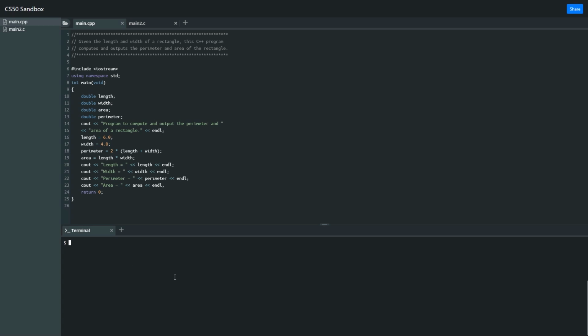So let's test it out and see if that is the case. In the terminal window, all that we are going to do is say make main, and if we run that, you may see this file again that I talked about. This is a compiled program. The process of running programs in C and C++ is you compile the program, then you run it from your terminal window as well. So you compile using make main,